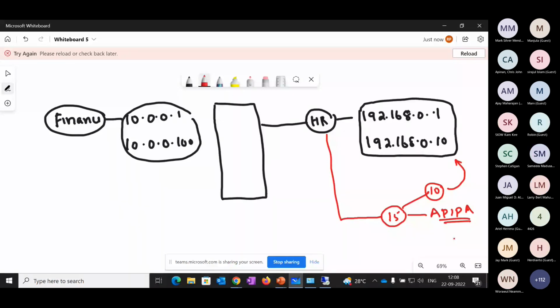So only those five computers will be able to communicate with each other, because both are from the same class B network, so they'll be able to communicate. The rest of the members are not able to communicate because both are from